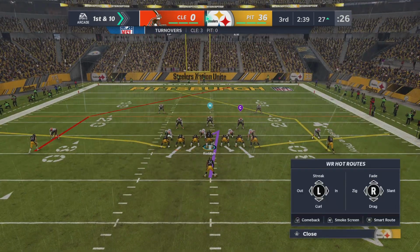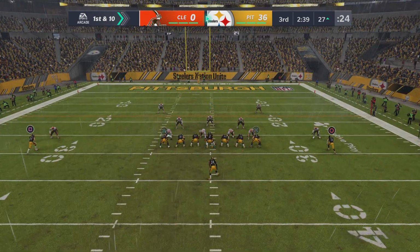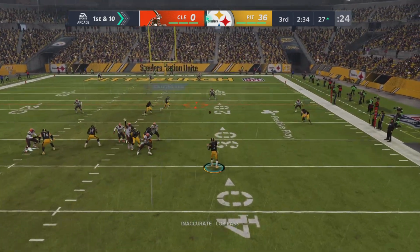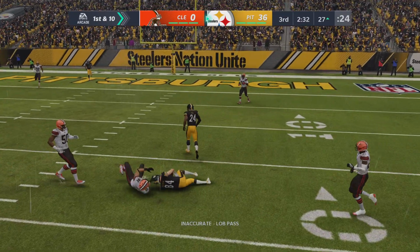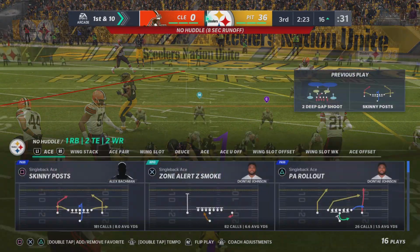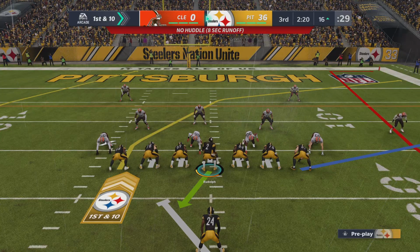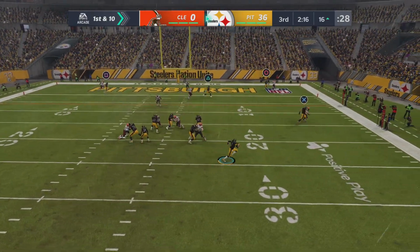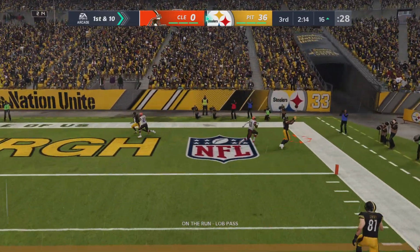So 1st and 10, and if they score on this drive, might have to start digging in our second half blowout material. Flushed out right. Throwing right, and that's complete. And inside the 20 before he's brought down. A Steeler first down on the pickup of 11 yards. Looked like the defense put pretty good pressure on him, but he's able to...